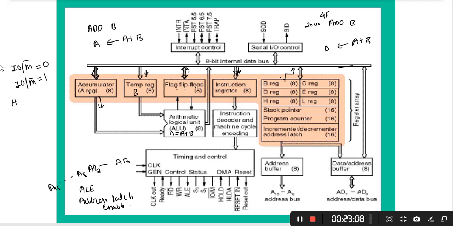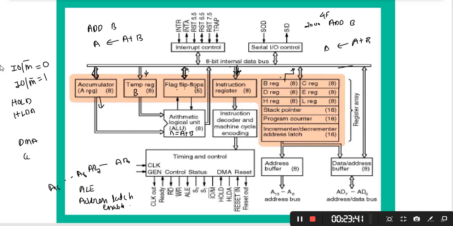After that we have HOLD and HLDA. These two pins are used by the DMA control device to borrow the address bus, data bus and control bus from the processor, so the corresponding device can do fast transfer of data between two memories. In later chapters we will discuss the device called the DMA controller.